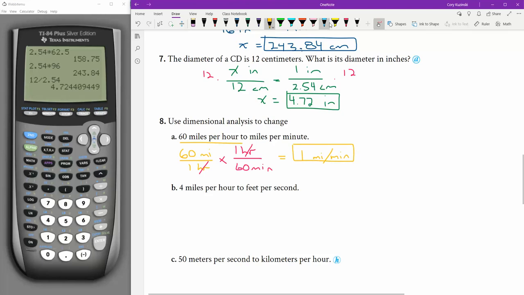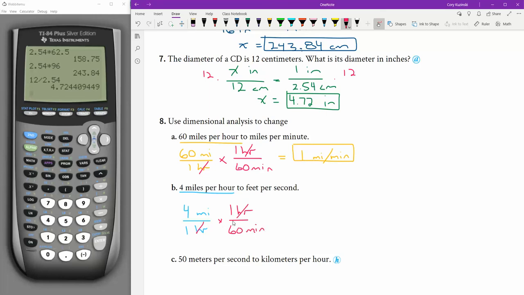Let's do it again. I'm going to use similar color coding. Let's start with orange. Let's start with blue. 4 miles per hour. 4 miles for every 1 hour. And I want to convert this into feet per second. Well, I got to change miles into feet, and I got to change hours into seconds. Let's start with the hours. So 1 hour